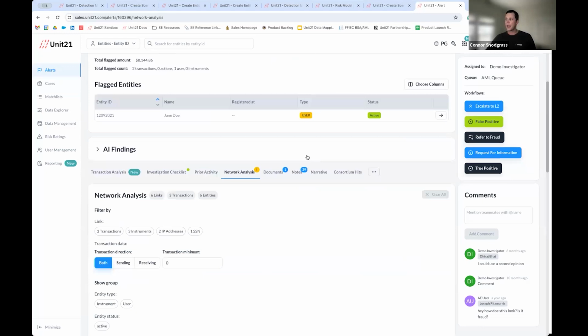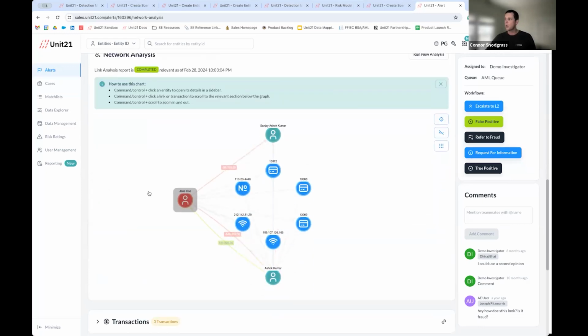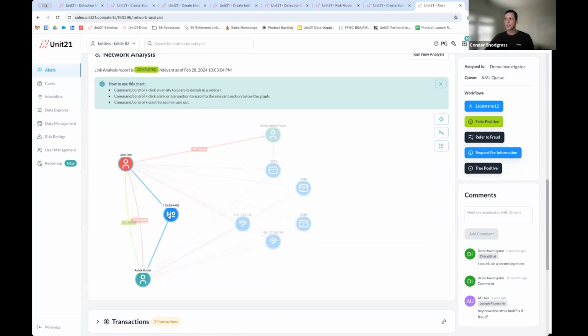We also have our network analysis feature, which is really useful in helping you to identify potentially suspicious links between customers. These two, for example, are both using the same social security number. Or we might have these two who have also logged in from the same IP addresses. So this can be really helpful in proactively identifying linked accounts, fraud rings, money laundering rings that you